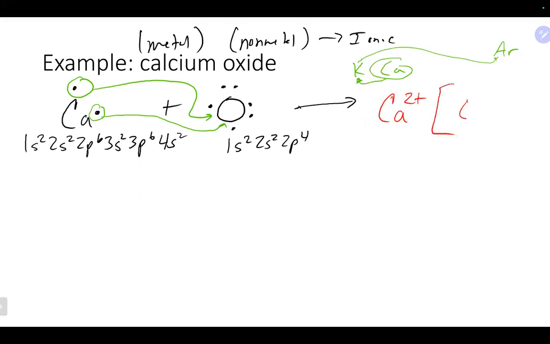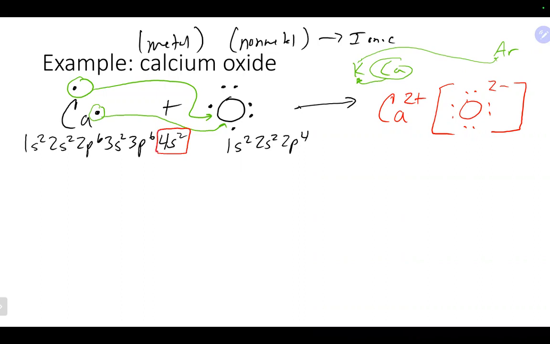Our oxygen, which started with 6 electrons, will now pick up 2 more electrons. And because it picked up 2 more electrons, it will gain a -2 charge. And once again, we have formed our ionic bond here. No sharing of electrons, a complete transfer of electrons from the metal to the non-metal. At this point, what was really happening with our calcium is that the 2 valence electrons, which it just